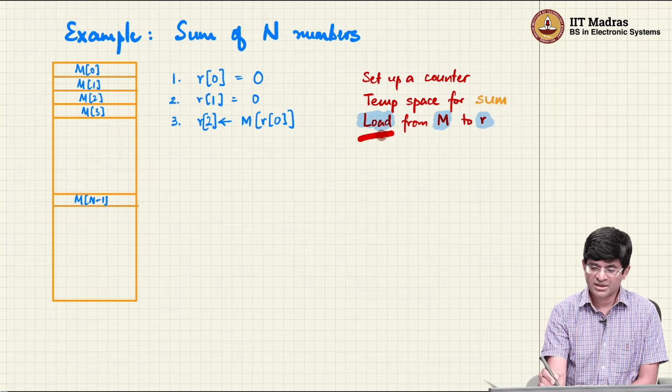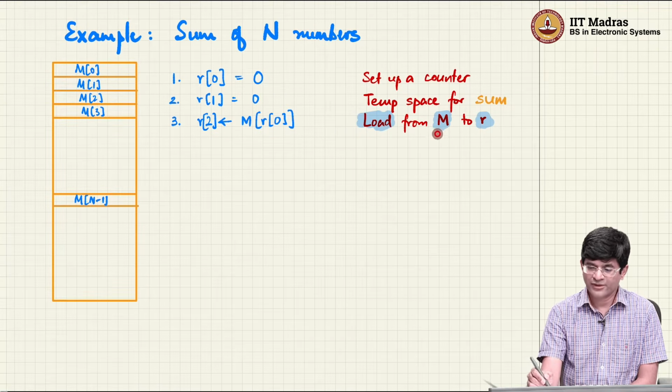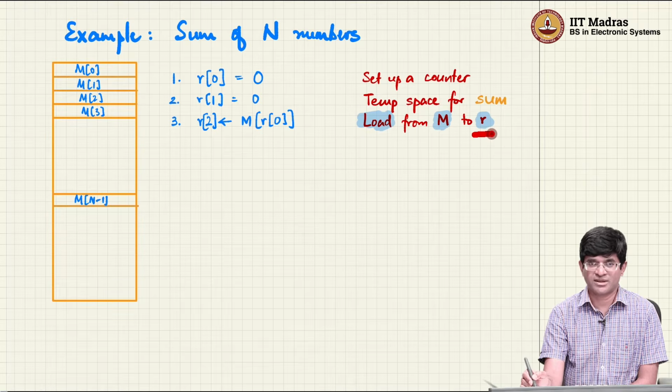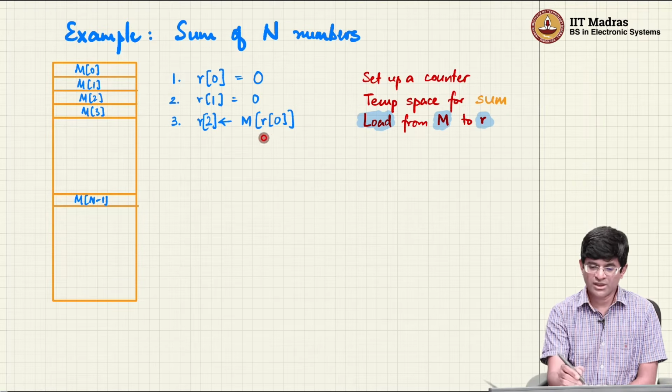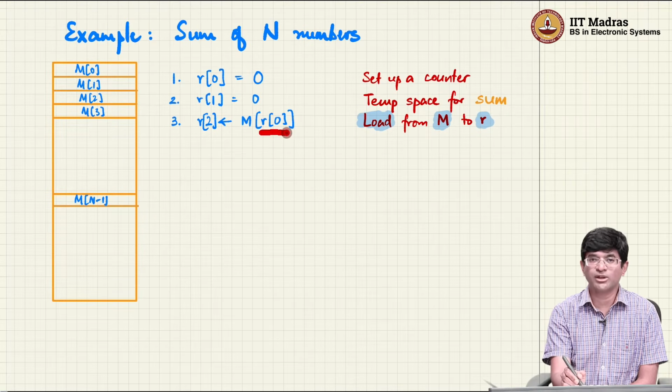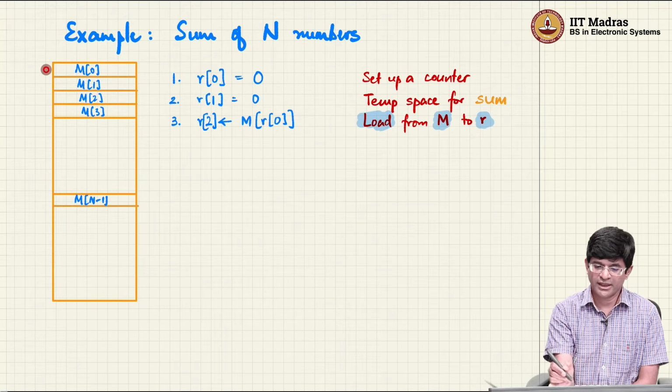So in other words, load a value from the memory to the register. Which location of memory? That is pointed to by R0. So R0 starts off with 0, which means that I will take the value m of 0 and put it into R2,